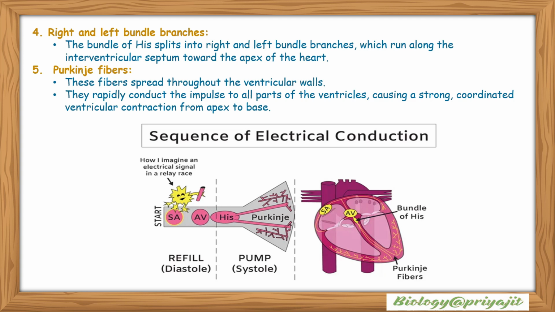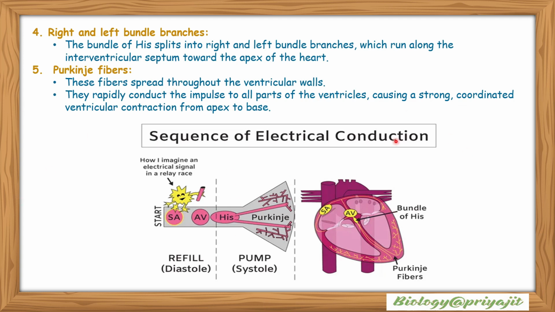Right and left bundle branches. The bundle of His splits into right and left bundle branches, which run along the interventricular septum toward the apex of the heart. Purkinje fibers. These fibers spread throughout the ventricular walls. They rapidly conduct the impulse to all parts of the ventricles, causing a strong, coordinated ventricular contraction from apex to